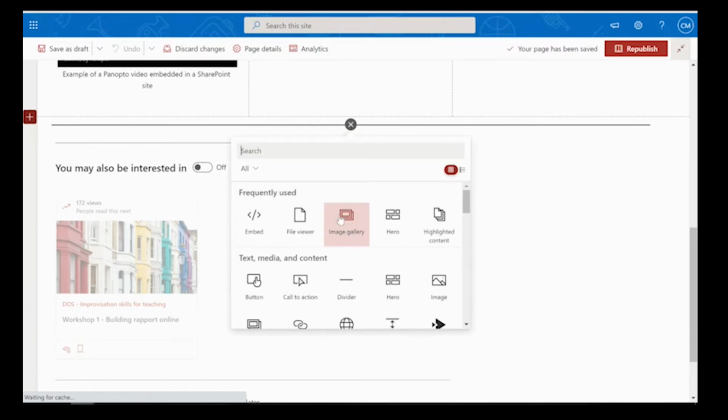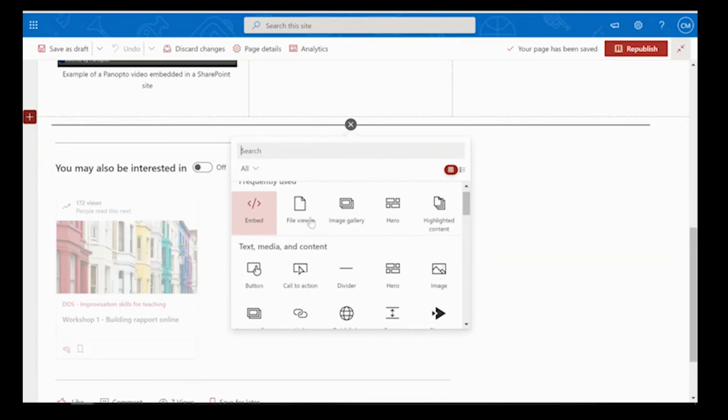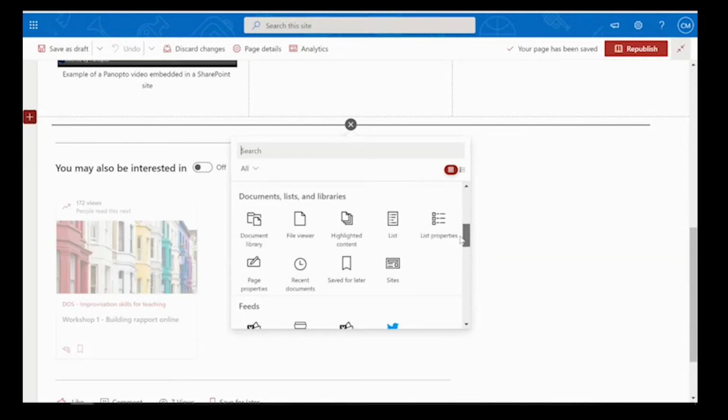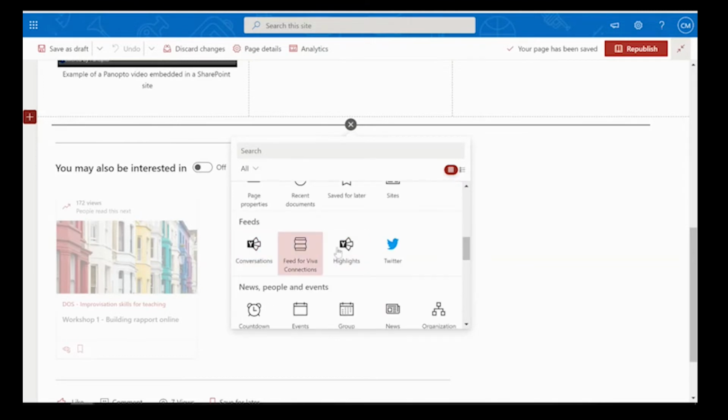So for example, I could add an image gallery. I'm planning on uploading a bunch of staff photos, as they're very photographic and take lots of images of birds and wildlife and things like that, so that could be a cycling thing on the main page. You can have file viewers for key files that you want staff to see, access to Microsoft Forms, to Yammer,